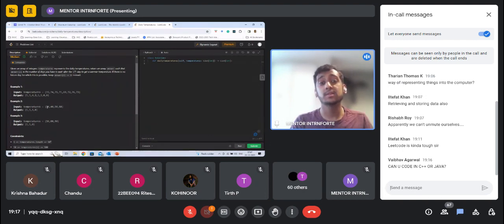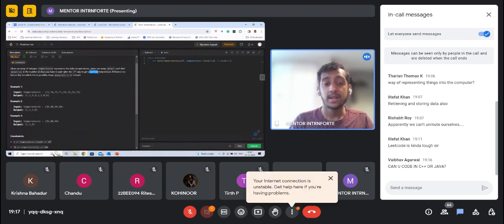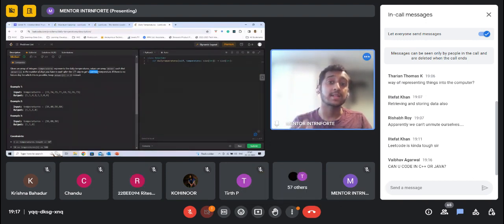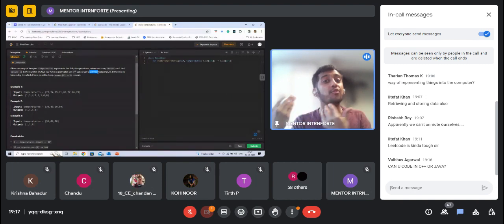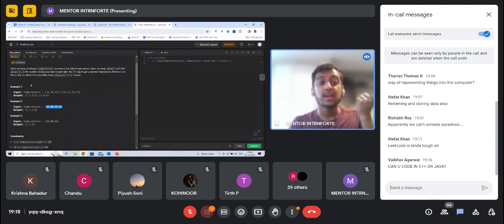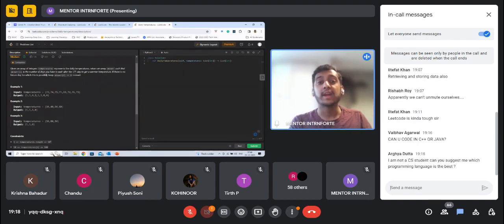So the keyword here is warmer, right? They are trying to say that we have to find the number of days that pass after which we get a warmer temperature, or a temperature greater than 30. Okay, it's not greater than or equal to 30, it is greater than 30, right? So that is one key point. Next, they say that if we run out of the array and there has been no day where we have gotten a warmer temperature, then we keep answer of I as zero.